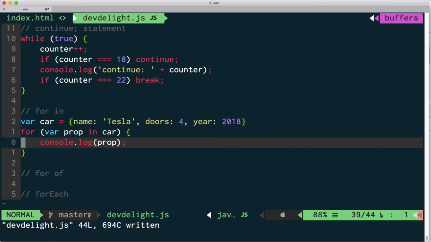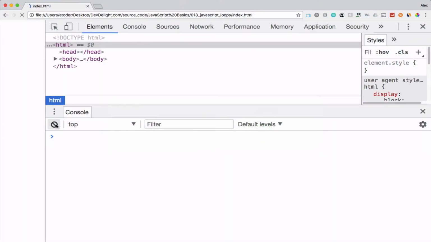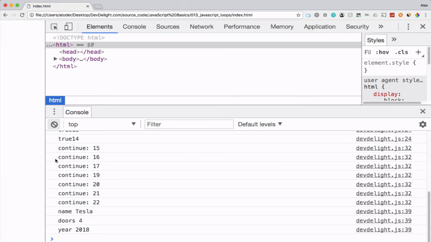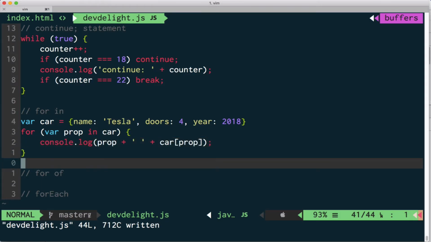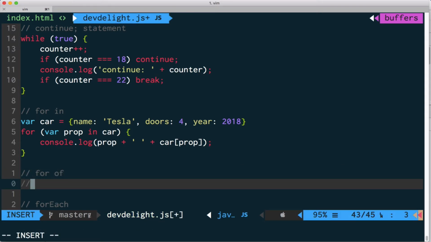If you also wanted to see the actual items of this object, not just the properties, you could just do this. Now we have name and the value. Let's talk about for of. Now for of comes with ES6 and it lets you loop through the values of an array. So for example,